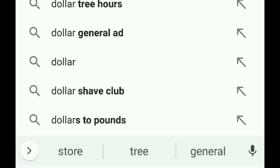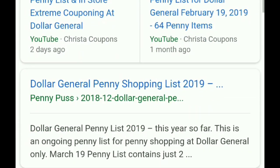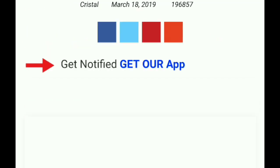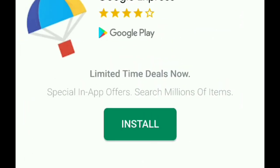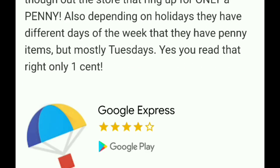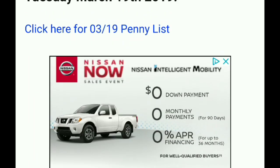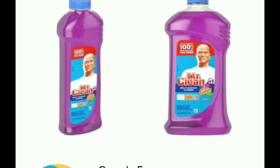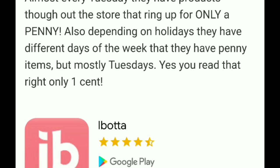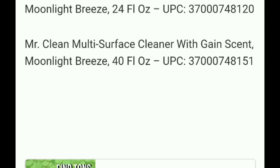I go to Google and go to Dollar General penny list, click on the penny list items, and there's Julie's Freebies. I actually use Yes We Coupon, so I click on the penny list for Yes We Coupon, and what I do is I scroll down. Now they do have a Google Express kind of thing, but I don't mess with that. I just scroll down, and you're going to get some ads, and I look for click here for the March 19th penny list. This is the most current one, and after every Tuesday they will come out with a current one, and it'll show a little picture. You just got to scroll through the ads, and then go to Tuesday, March 19th,